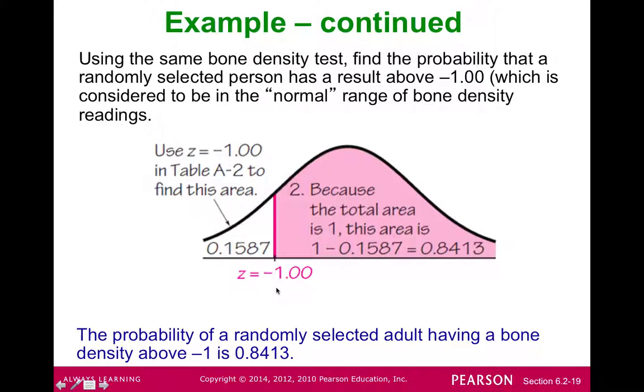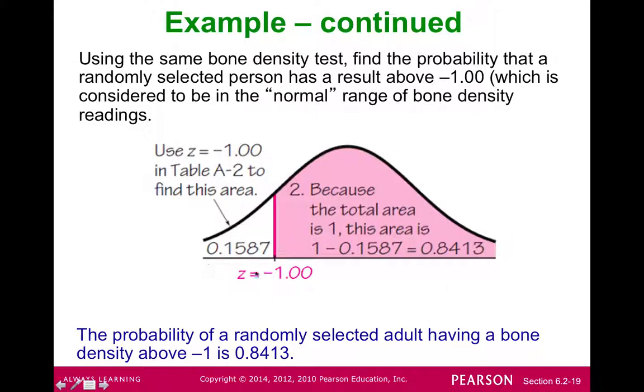So I'm going to use the z-score table to look up -1.00 on the table. And when I do that, I'm going to find that the corresponding area, and this will be on the negative side of the table, is 0.1587. Now, as we discussed, because the total area under the curve must equal 1, if you know a part